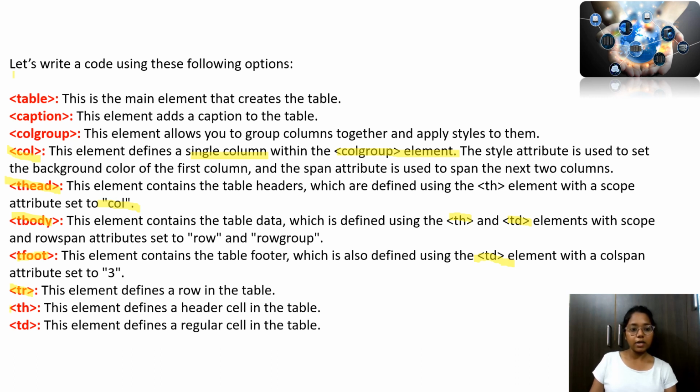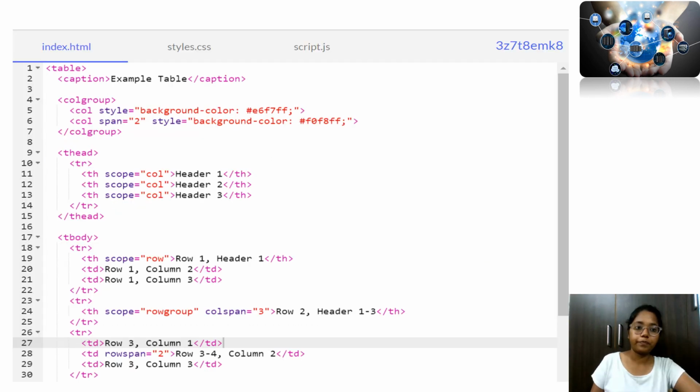Then the tag th, this element defines a header cell in the table. td, this element defines a regular cell in the table. Here we have written a code to obtain a table in HTML. So using all the options which we have mentioned earlier, that's the table tag to create the table, then the caption, then the colgroup, then here the column style,